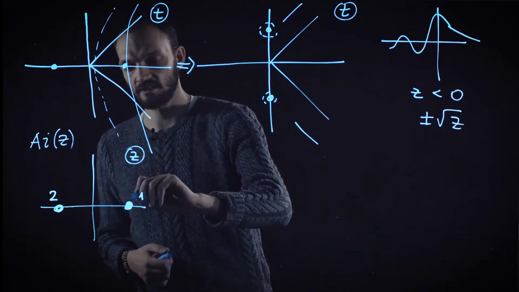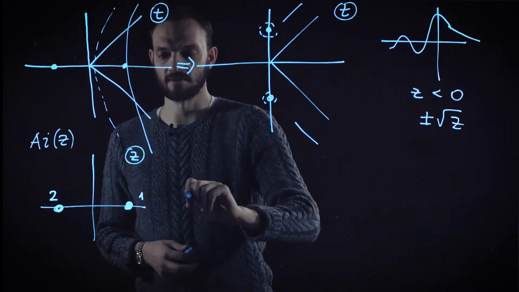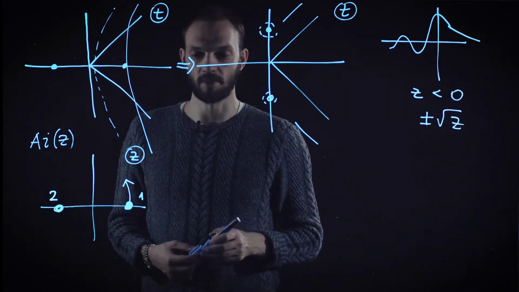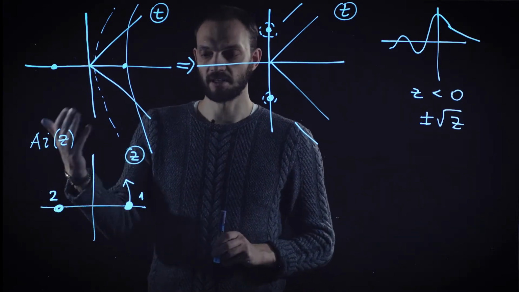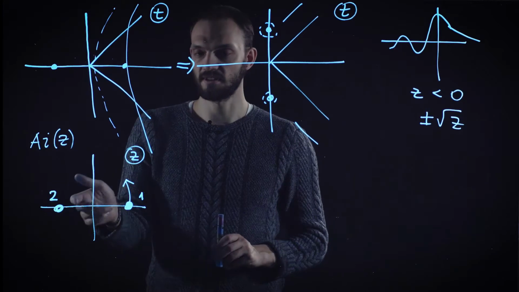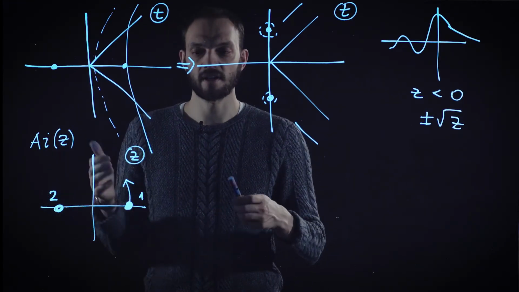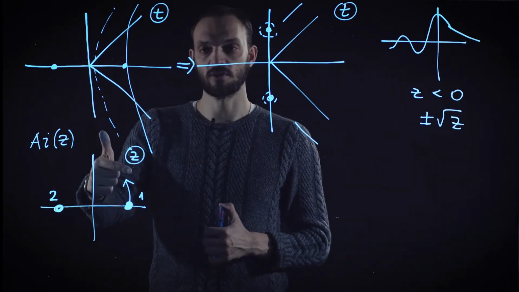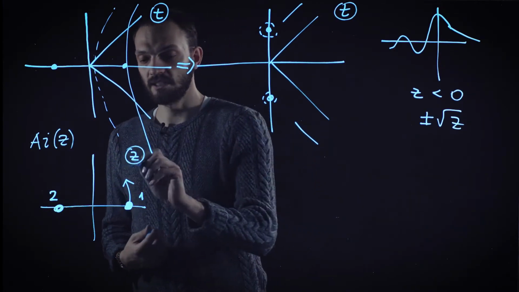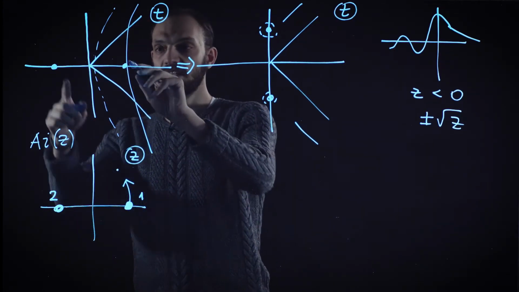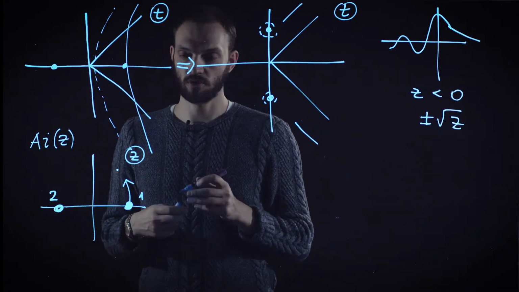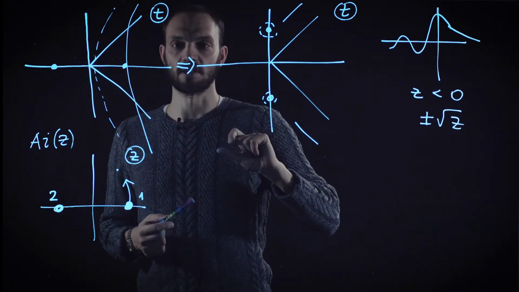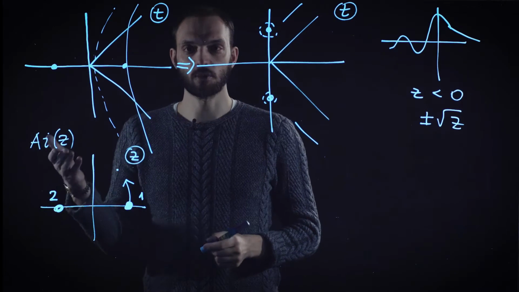But now imagine for a second that you are not on the real axis, positive or negative, but instead you change your z and it acquires some imaginary part. In the end, we want to make the whole road from positive semi-axis to negative semi-axis, but it will be very instructive to follow the fate of these two pictures when z starts to move into the complex plane. It's clear that depending on the value of z, the position of the saddle points will vary. And in fact, we know that when z changes from positive to negative, this couple of saddle points turns to this couple of saddle points. And it's very interesting to understand what happens in between.